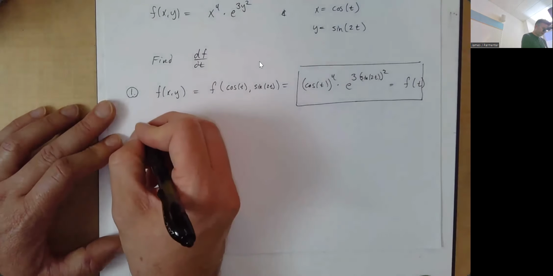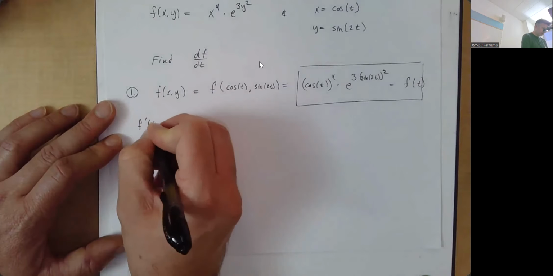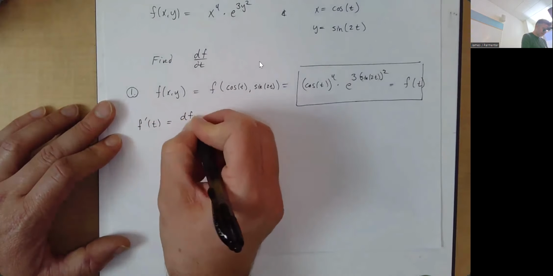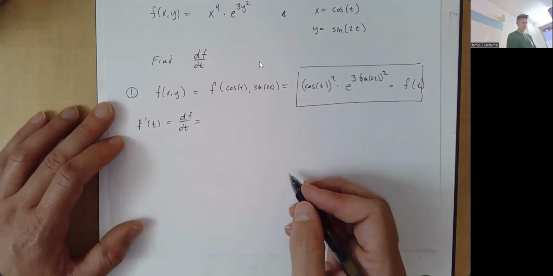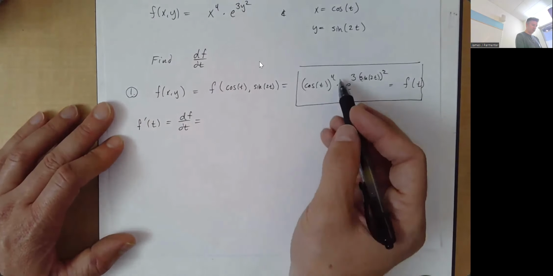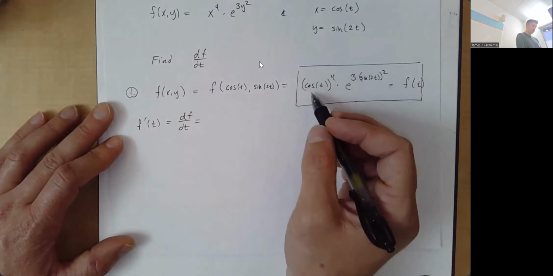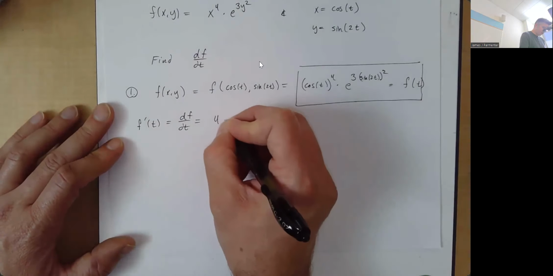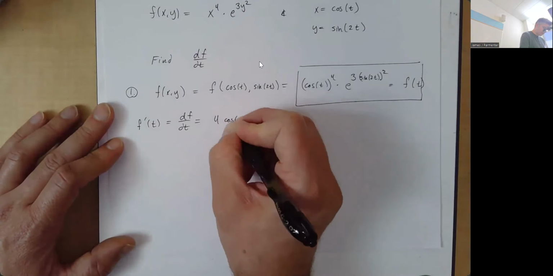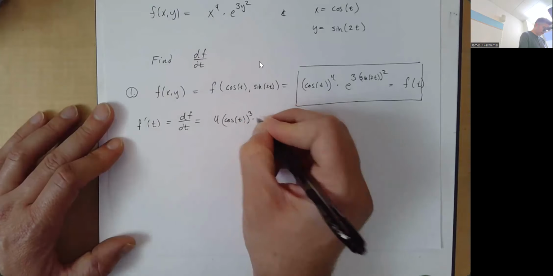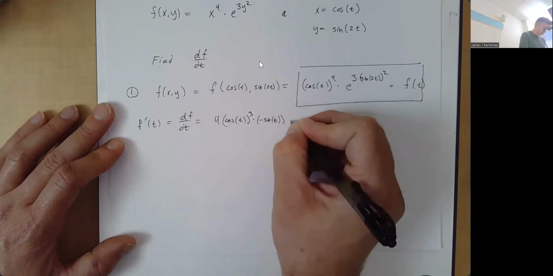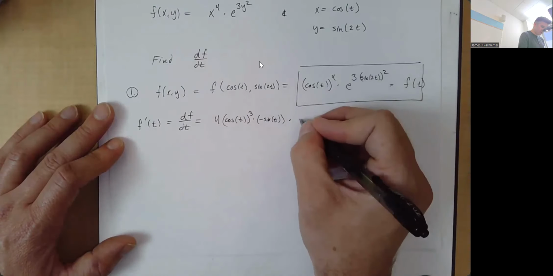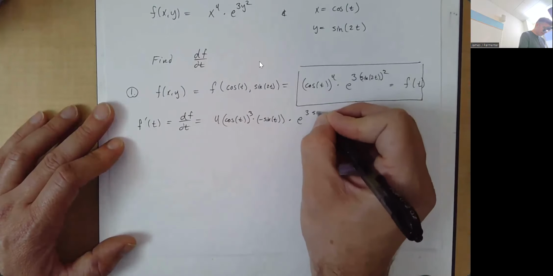So we can find f prime of t, or df dt. Okay, so it's going to be some product and chain rule stuff here. So product rule, the derivative of this, cosine to the 4th, is going to be 4 times cosine of t cubed times the derivative of cosine of t, which is negative sine of t, times this stuff left alone, e to the 3 sine of 2t squared,